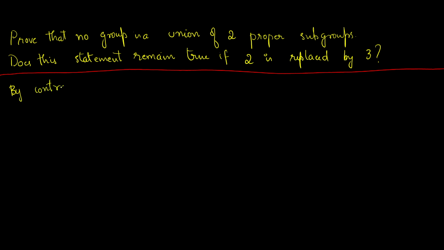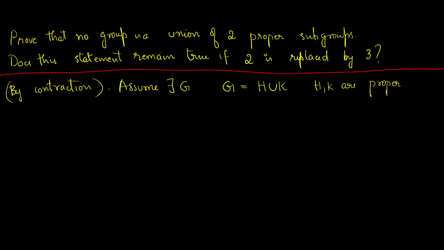So we will assume the opposite. We will assume the contrary. So assume that there exists a group G such that G is equal to H union K, where H and K are proper subgroups of G. Now, first thing we will note is that